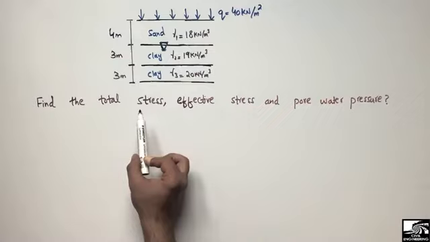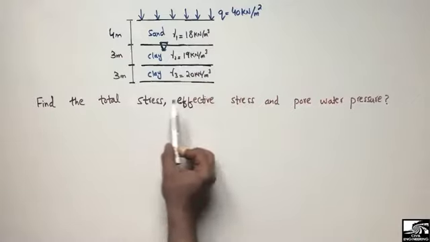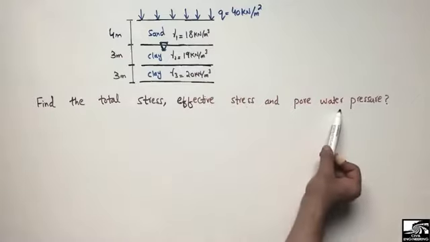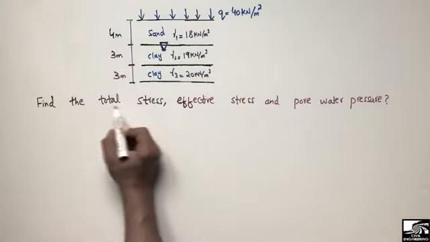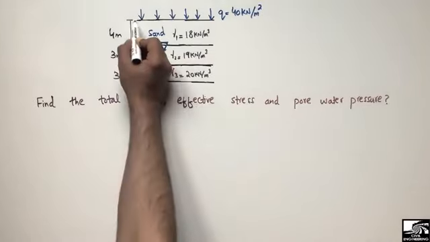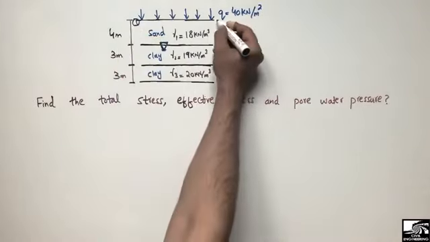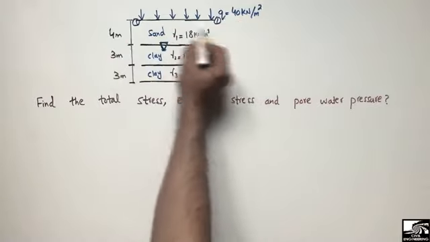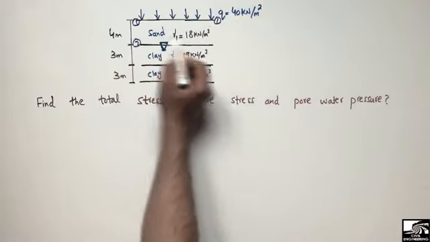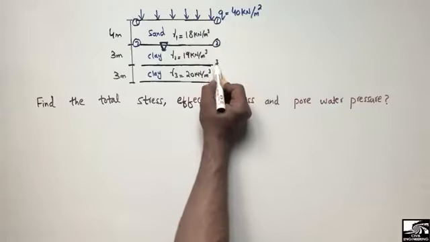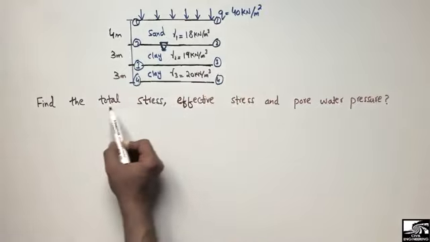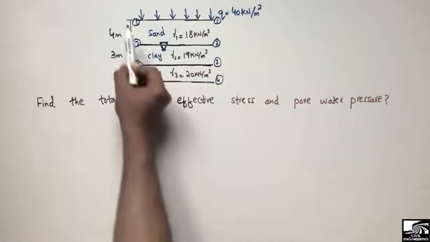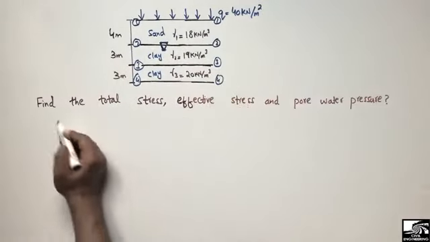soil. So we have to find and draw the profile of total stress, effective stress and pore water pressure. To start with, first of all we have to find all these stresses at the different points. For example, the point 1-1, at this layer 2-2, and this is the third point, at this layer, and this is the fourth point. So we have to find the total stress, the effective stress and the pore water pressure at all these points. So at 1-1,